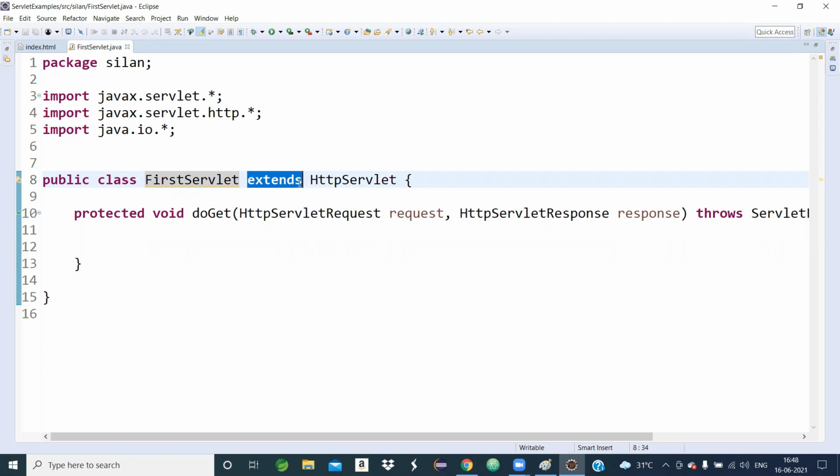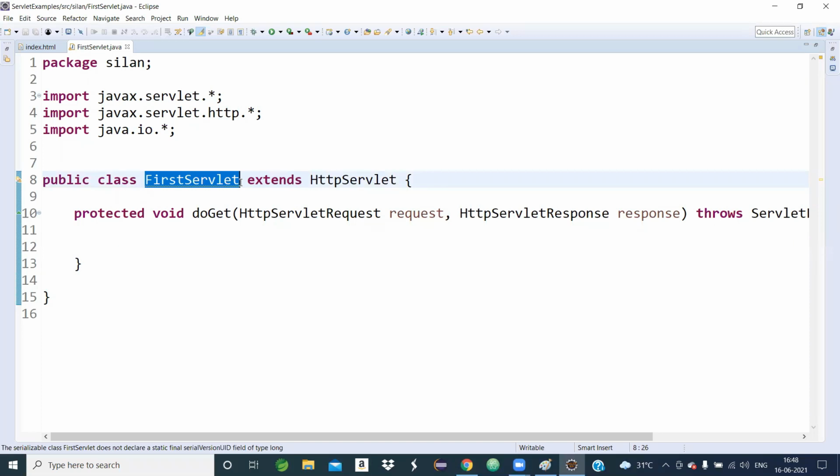In core Java, in which chapter did we use the keyword extends? Inheritance. After the extends keyword, that class is the parent class or superclass. Now FirstServlet is a subclass, HttpServlet is a superclass.